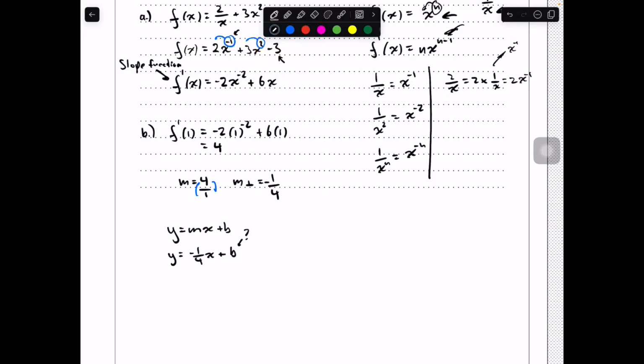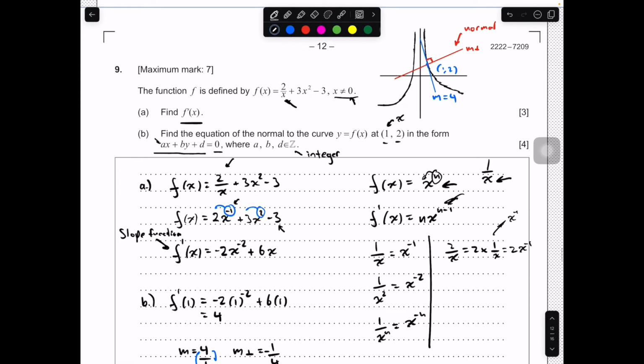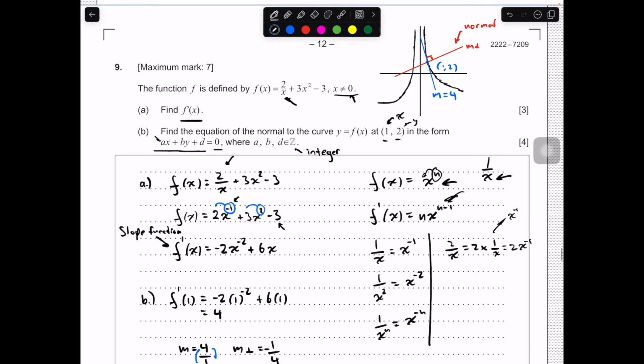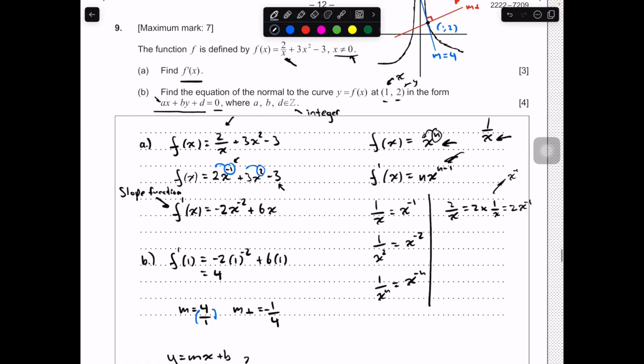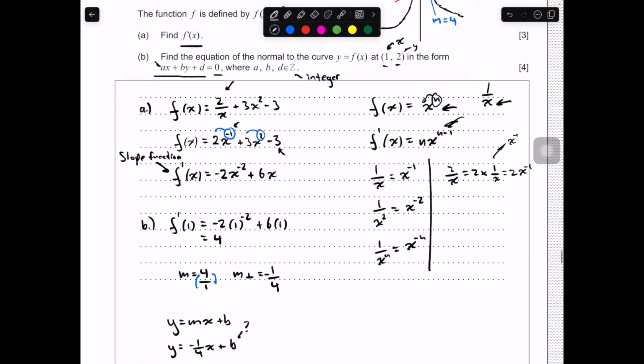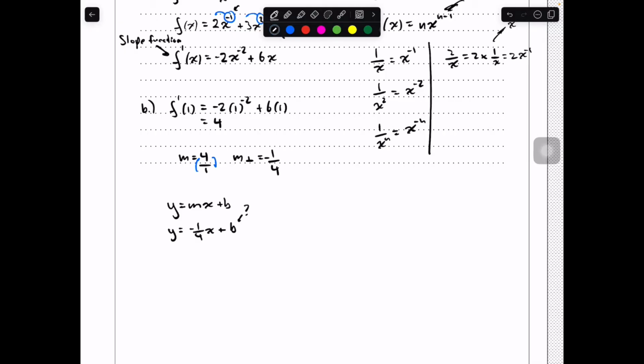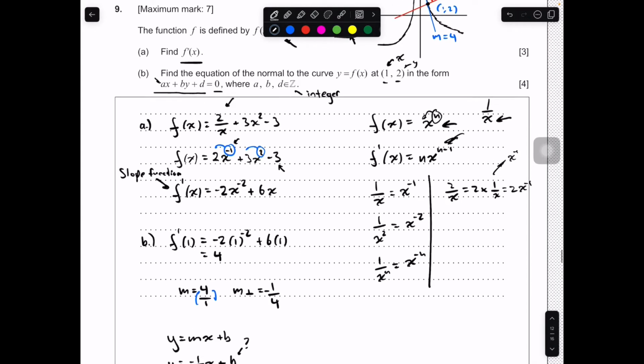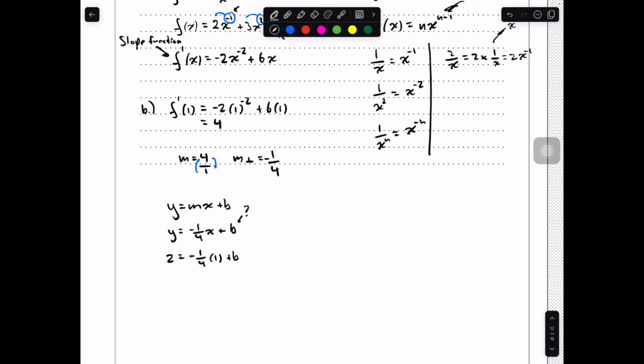Okay, so we have a point already on the line. We have x and y values, so we actually have a point that's on this normal line. So we should be able to actually just substitute this value of 1 and 2 into the equation. So y is equal to 2 when x is equal to 1, and then we can find the value of b that way. Y is equal to 2, x is equal to 1. And you can solve for that if you want. It would be 2 plus 1 quarter, or it would be